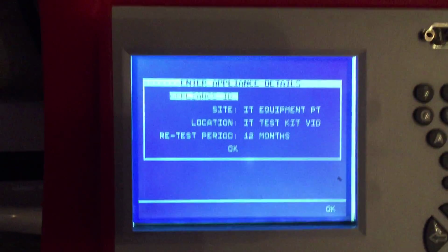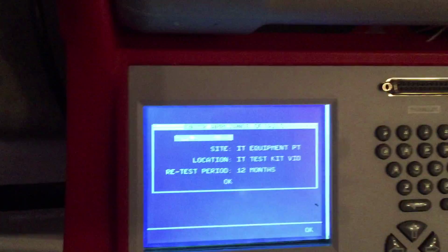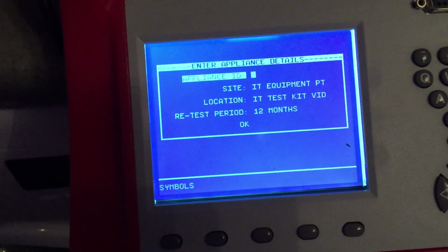Hi Chili. Right, we're going to do a test on a laptop charger, my laptop charger. It's plugged in to the unit. And the best test I've found for this is,